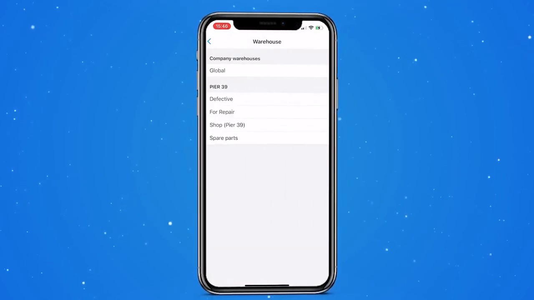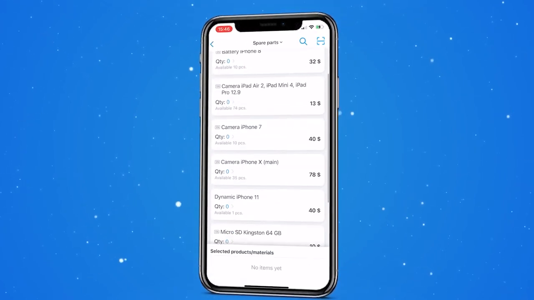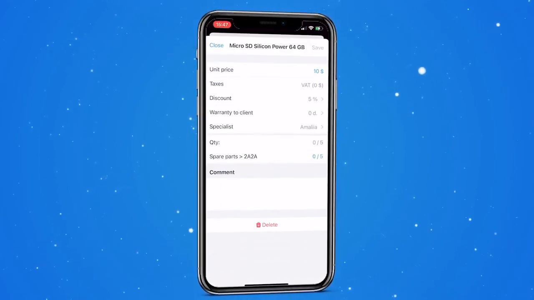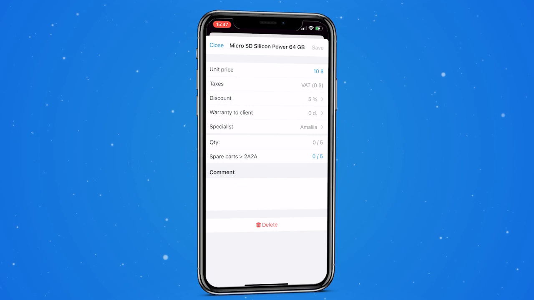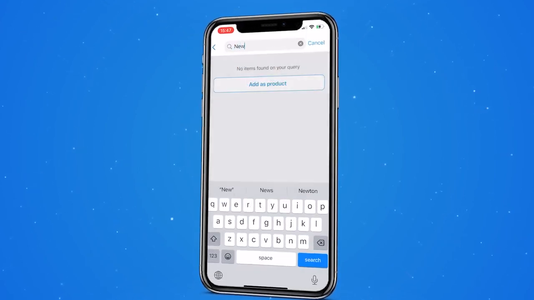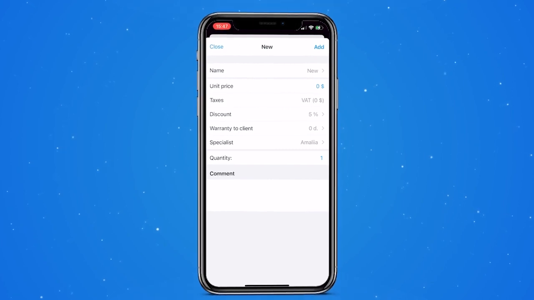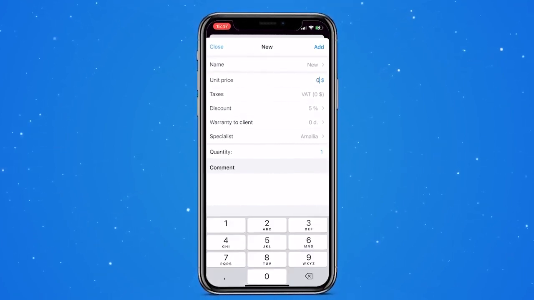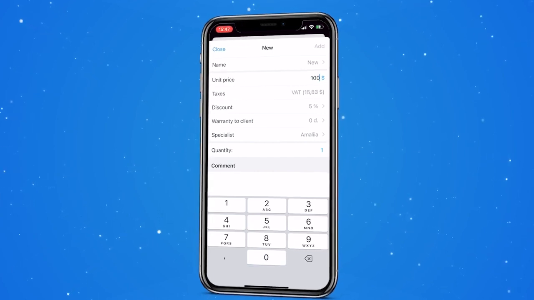To add a product, click the plus product button, select a warehouse, and search for the product, as in the web version, by name, code, SKU, serial number, or by scanning a barcode. Also, you can write the name of the product and click the Add as Product button to create a new one. Specify the quantity or select the required serial numbers for